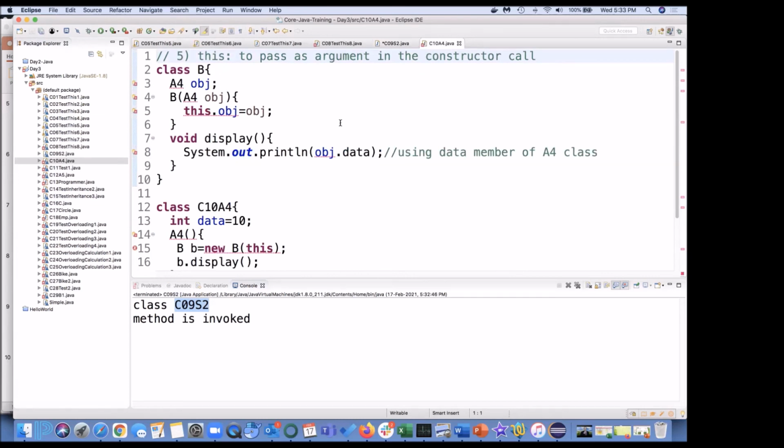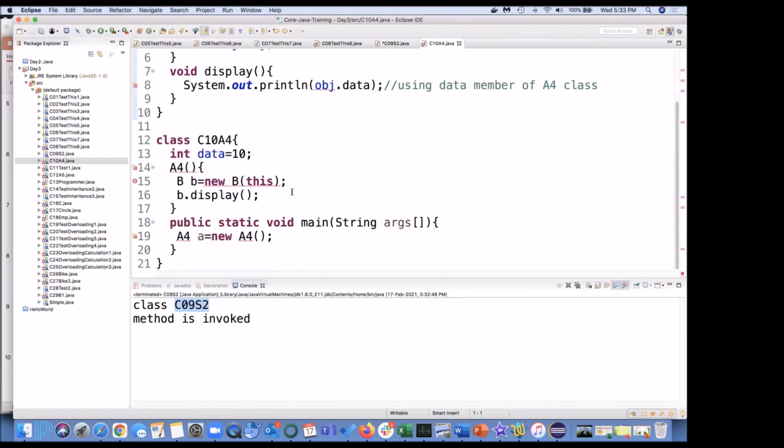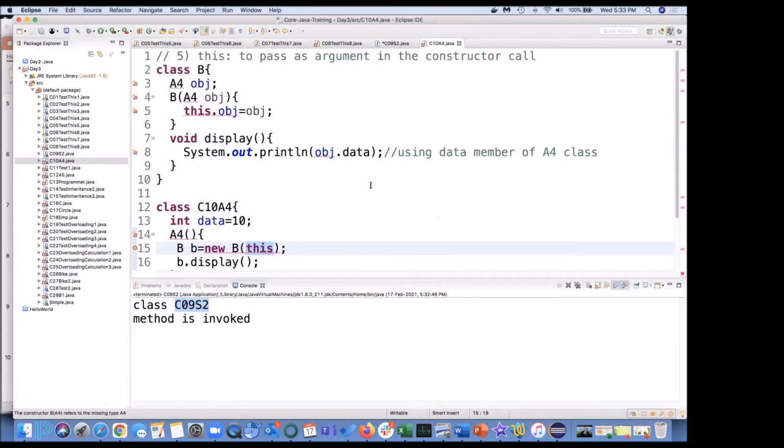This can be passed as an argument in the constructor call. That also we can do. You can see here, this is the constructor call, and if I pass this, which means whatever is the current object, just pass the current object there.